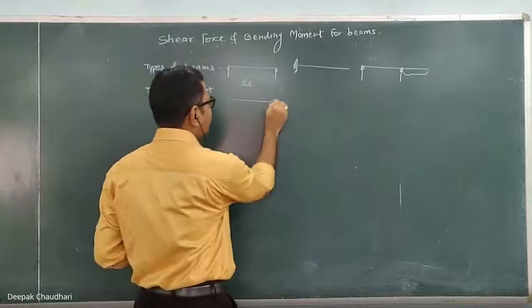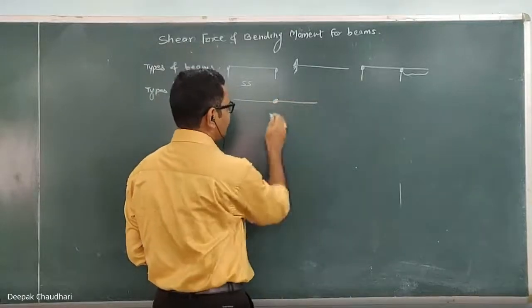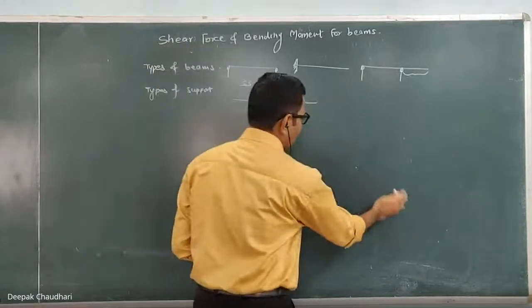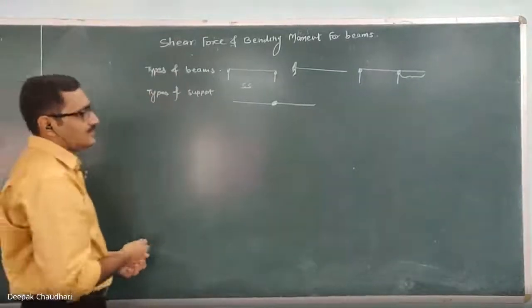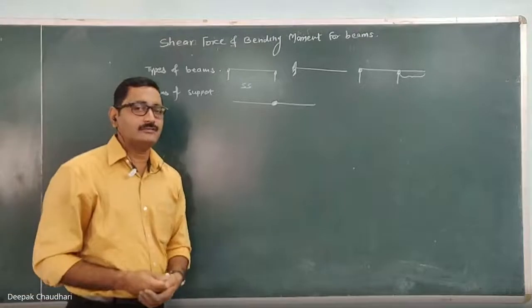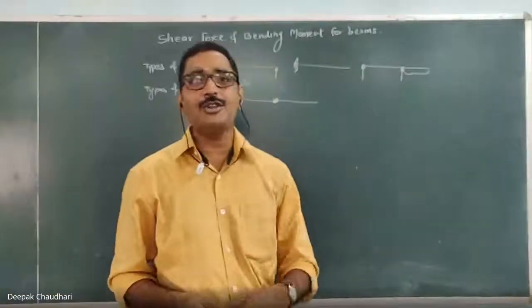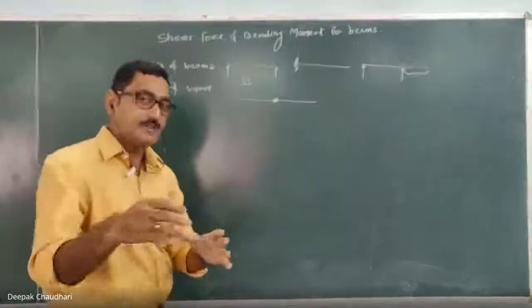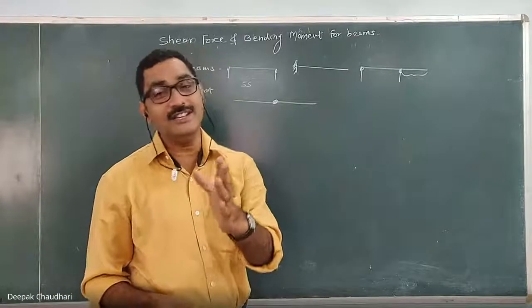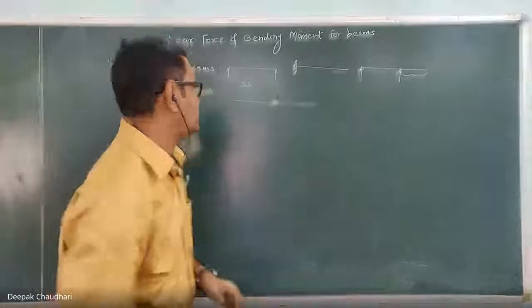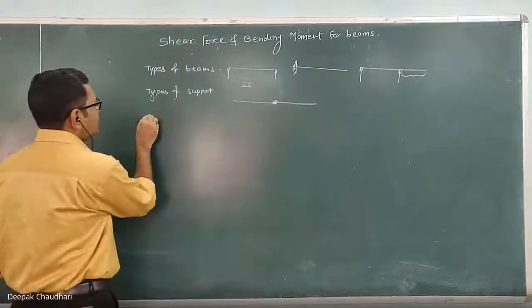Then there is an internal hinge also. All of you know what an internal hinge is. When we studied in the bridge program, at that time we solved the sums: when there is an internal hinge, how to calculate. Today the reading work for you: just refer to the previous pages of your notebook and go through how to find the support reactions when there is an internal hinge. We have solved such types of questions. Okay. The next one is the types of loading.